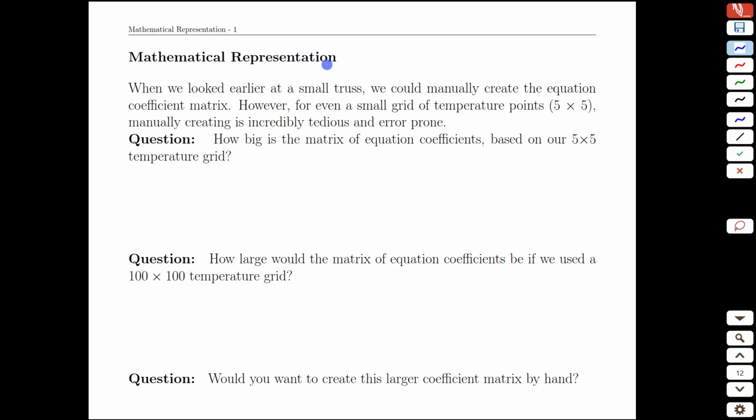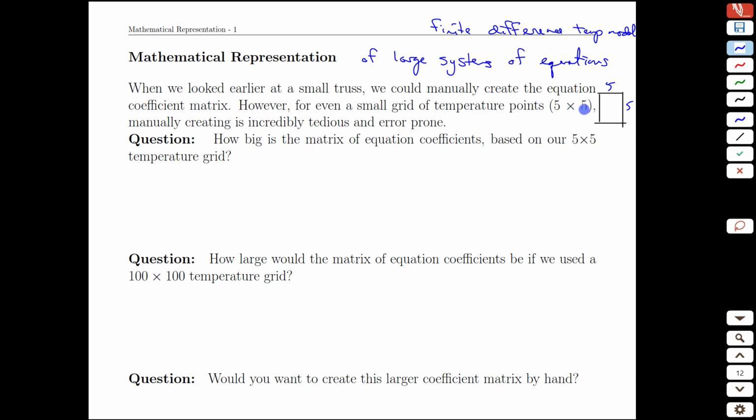In this video, we're going to look at the mathematical representation, specifically of large systems of equations, and in particular for the finite difference temperature models. All right, so when we started off with a fairly reasonable grid of our model for this plate, it had 5 by 5, so we ended up with 25 cells. That meant that we had a vector of unknown temperatures, T1 through T25,